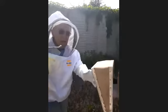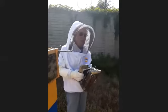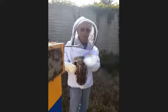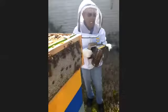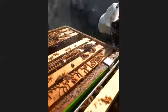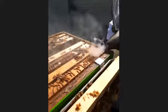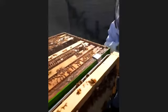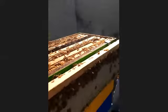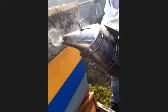Yeah. So it's in a sense like taking oxygen away from them, right? So the smoke, they move away from it. Plus, it's a calming effect. So if the bees are being very active, spray a little bit on the top there, and you'll see them move away from that. That smoke is basically carbon monoxide that you're spraying on them, so they're like, hey, I want to get away from that. So if you're trying to clear a space so you can go in and work a hive, beekeepers,